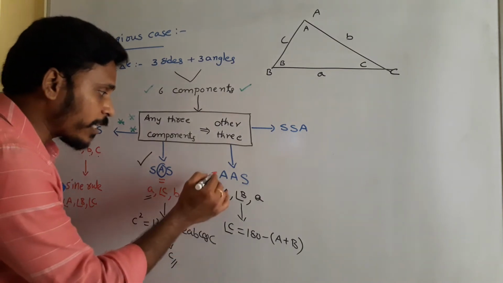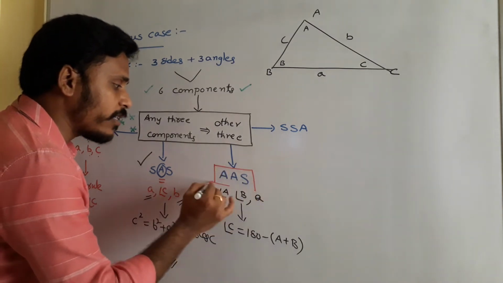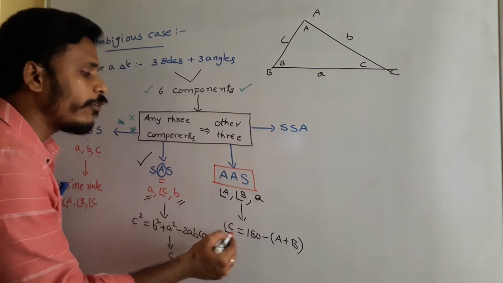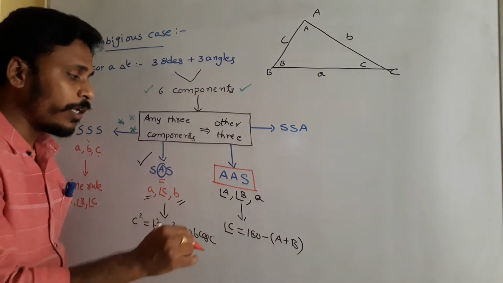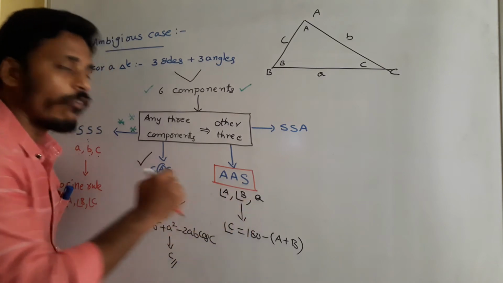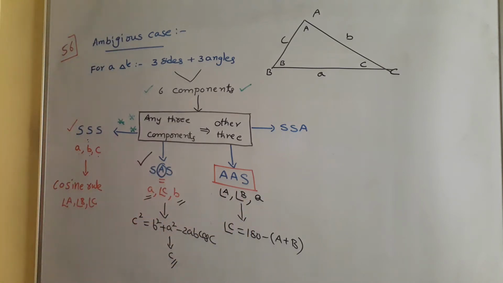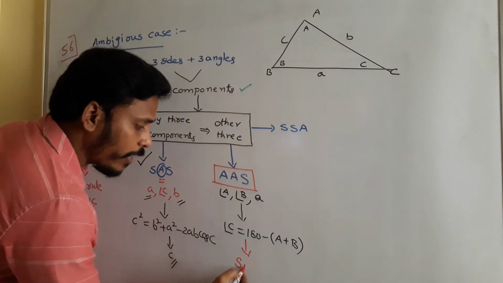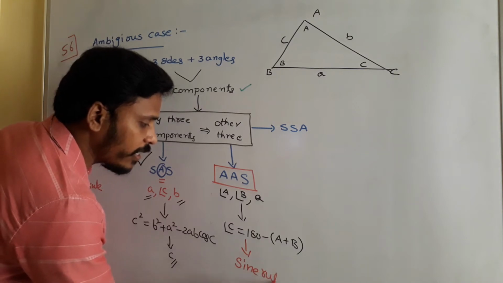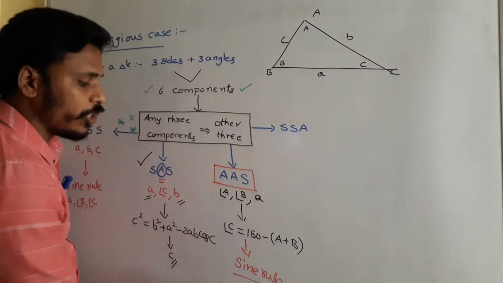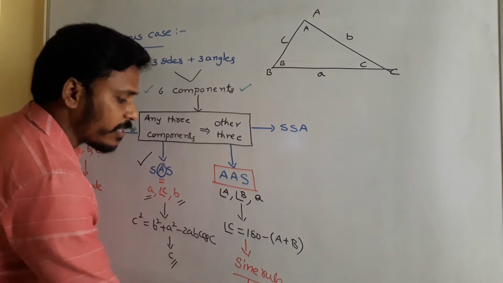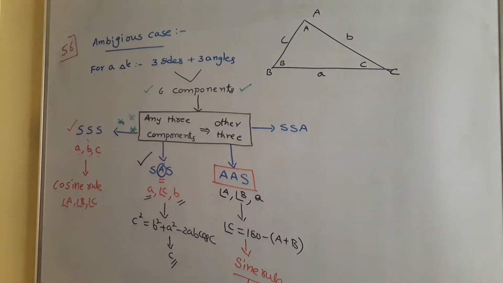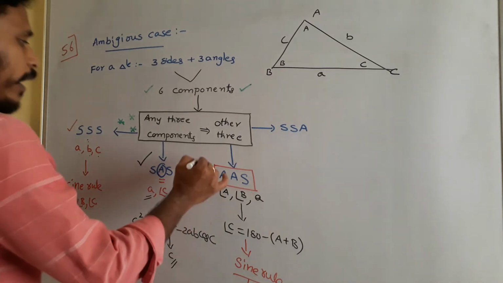Actually, as per the given logic, we know two angles and a side, but easily we will find the third angle also. That means we have three angles along with the side. After having three angles along with the side, you just use the sine rule to find the remaining sides: a by sine A is equals to b by sine B is equals to c by sine C. That sine rule helps you to find the remaining two sides b and c. So this case is also very clear.